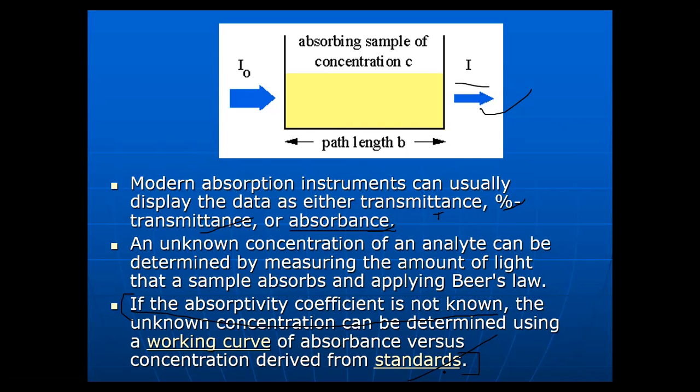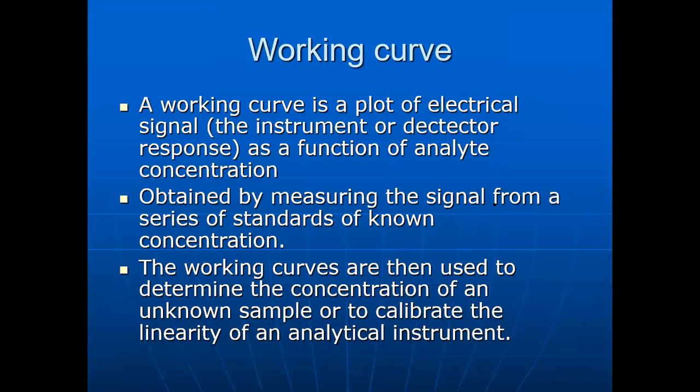We don't know the coefficient here, or how much absorbance was in that particular sample. So we compare our unknown concentration with our standard curve. Usually we draw one standard graph for potassium and phosphorus. I will show it in the next slide. Now the working curve, let me explain. A working curve is a plot of the electrical signal to which the instrument or detector responded against concentration, giving the values from the working curve.